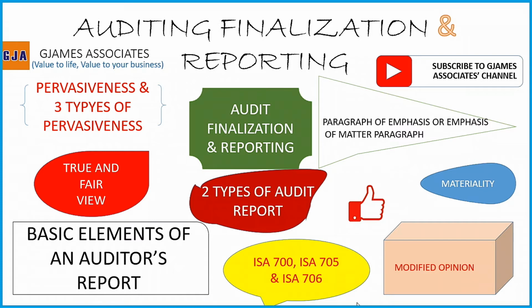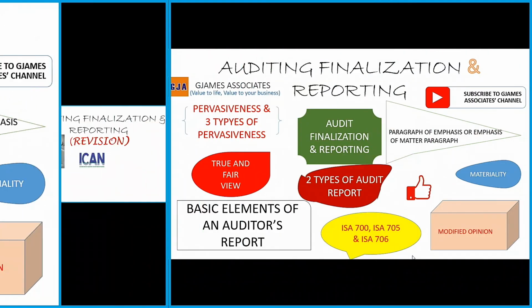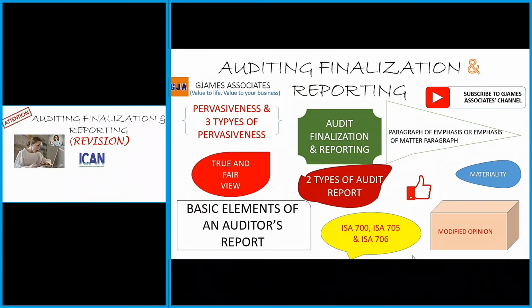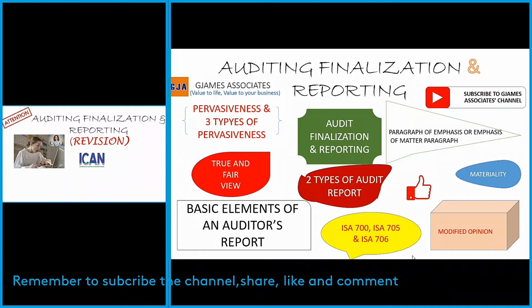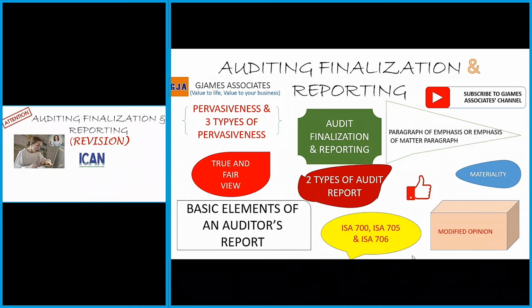So these are the three major breakdown of pervasiveness, and these three actually dictate when we are talking about modification of an audit opinion. As we continue, we are going to get there just as we are building the bricks that we need for the holistic view of auditing and finalization of auditing and reporting on auditing. Let us move on now to